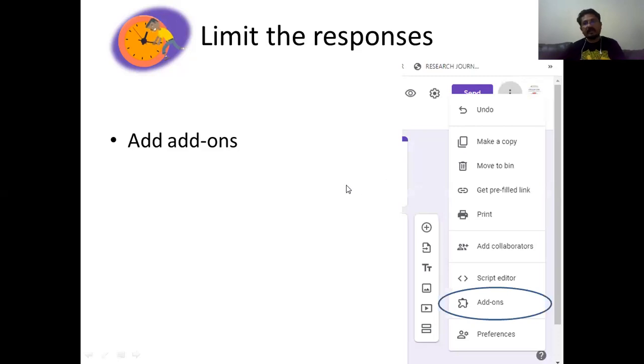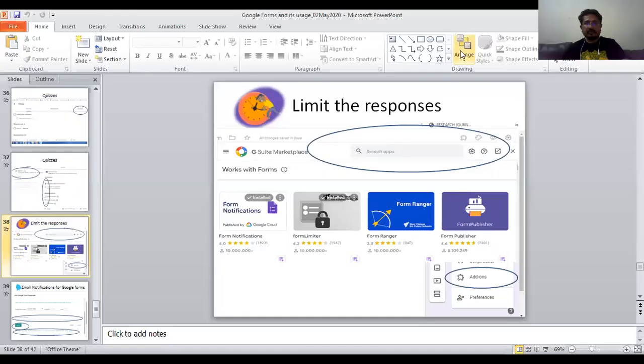First go to your form which you have opened. At the right hand side, you find those 3 dots. Click on that, you will find the add-ons option. Let me show you, otherwise it will be confusing.